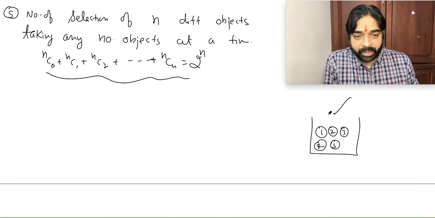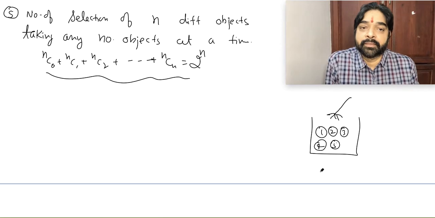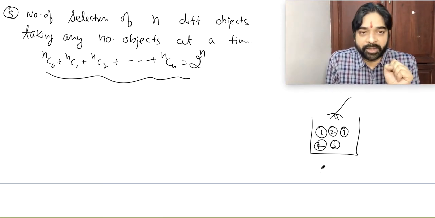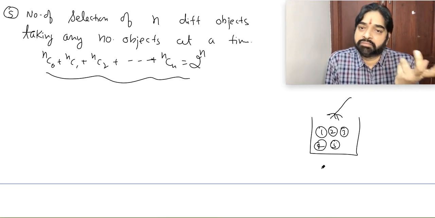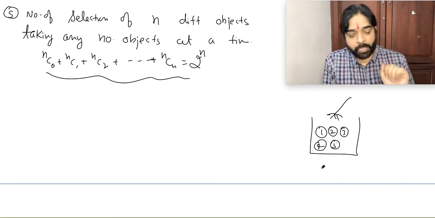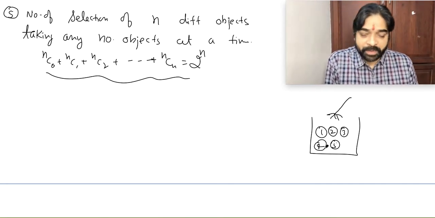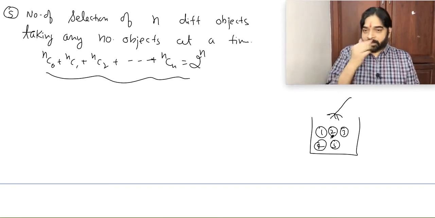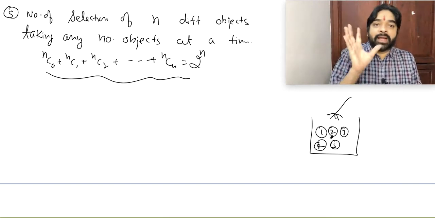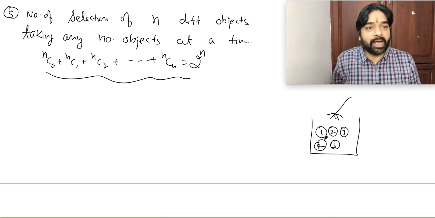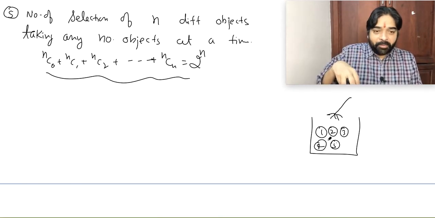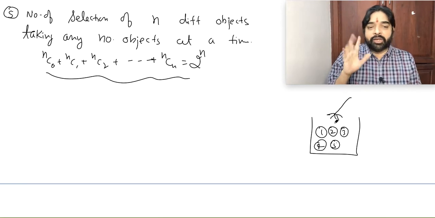You are putting your hand here to select coin. How many coin you have to select? Any number, because they mentioned that any number of coin you can select. Think carefully. Reverse we think. I am selecting coin, or I can say coin is getting into my hand. Please concentrate. I am selecting any number of coin, or I can say coin is getting into my hand.